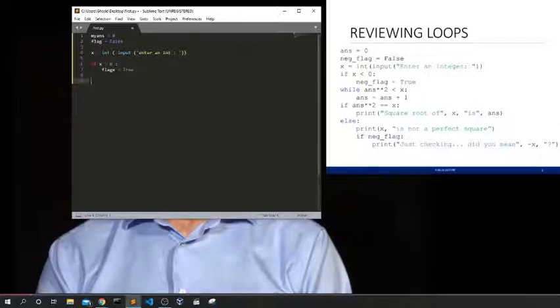So it's a while loop. While the square root of my answer is less than x, then my answer equals my answer plus 1.